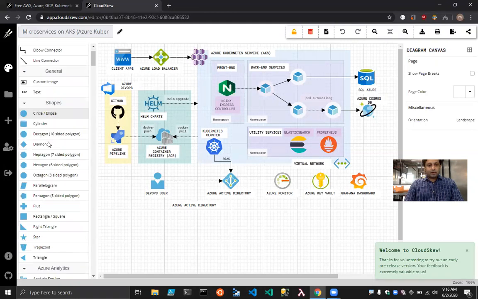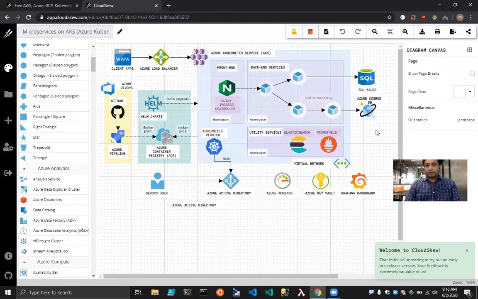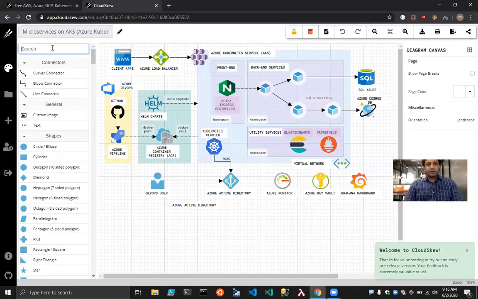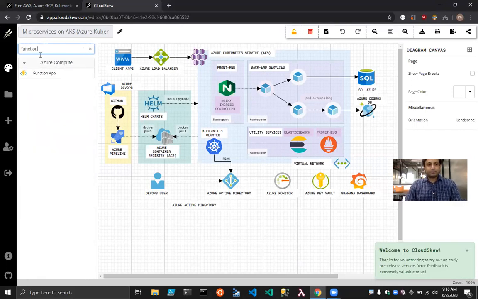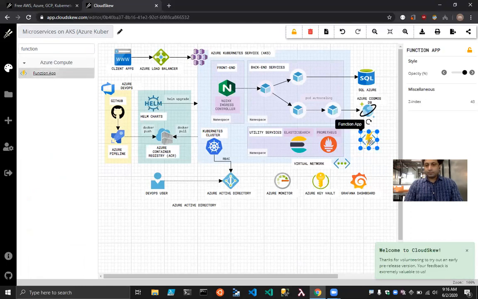So let's say, for example, here we have this Azure Cosmos DB, and we are interested in tracking its change feed. So we'll just, let's say, use the Functions app. Okay, and we can annotate that.